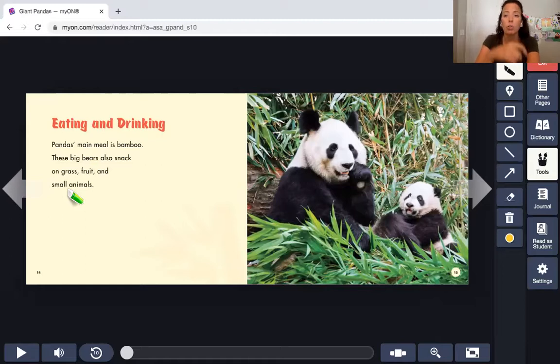Now, I still have some more wondering questions about what they look like, maybe how much do they weigh, or how tall are they? So maybe if I go back to one of my other books, I could get some more information about exactly how big baby pandas, or not baby pandas, giant pandas are. All right, so now